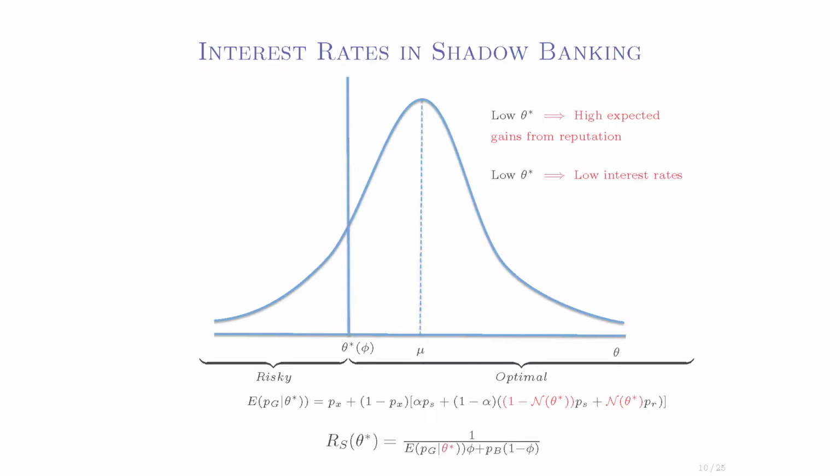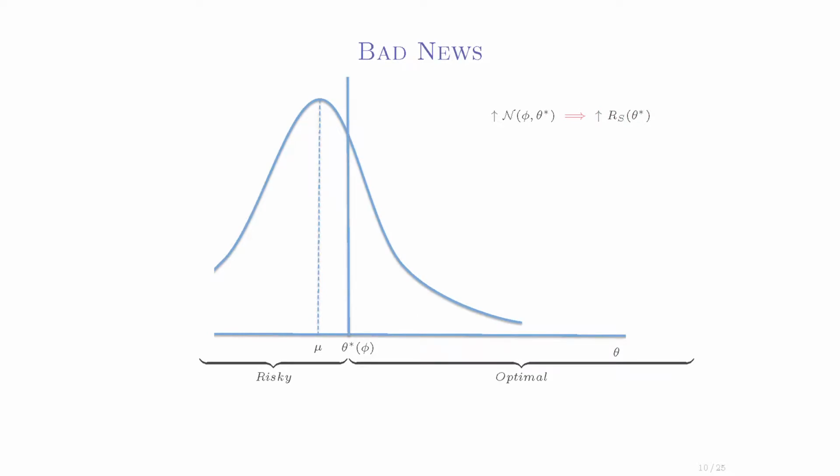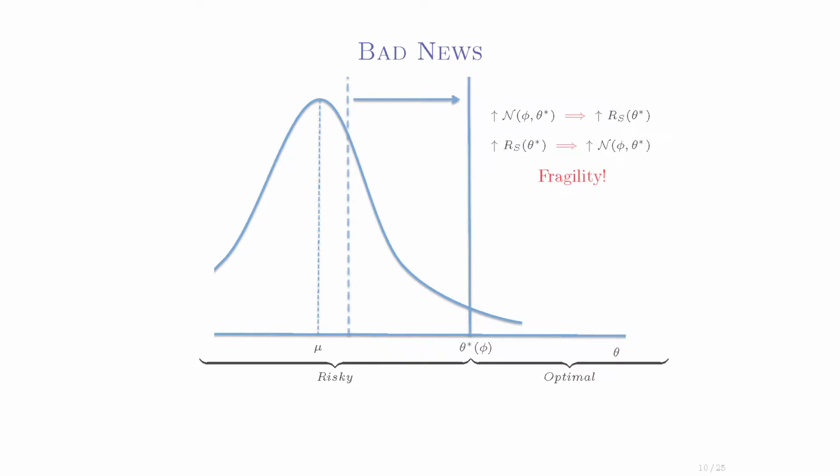And now, the question is how this threshold will depend on phi and will depend on mu. How it depends on phi is easy. When the reputation of the bank is higher, they care more about the future, so this thing will move to your left. How does this depend on mu? Well, let's assume that there is some bad news, the distribution moves to your left. Now, given the same threshold, it's more likely that the same bank will take more risk. There are going to be fundamentals more likely that he's going to take excessive risk. That will immediately increase interest rates that will be charged in shadow banking. Because there are higher interest rates in shadow banking, these banks endogenously want to take more risk. So that will move the threshold up.